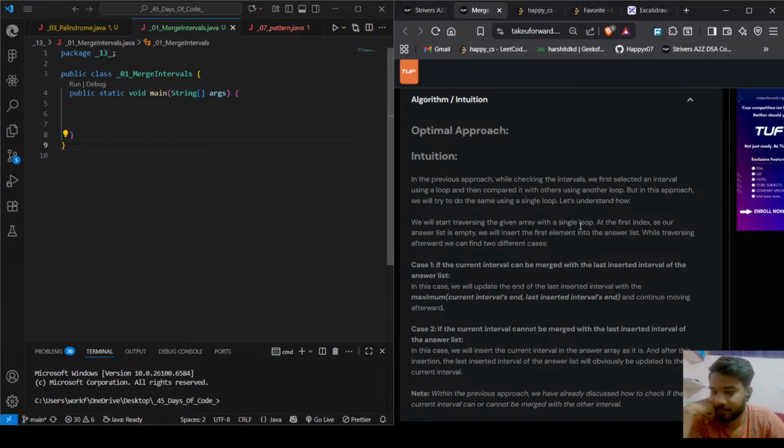We will start traversing the given array with a single loop at the first index. As our answer list is empty, we will insert the first element into the answer list. While traversing afterwards, we can find two different cases. Case one,